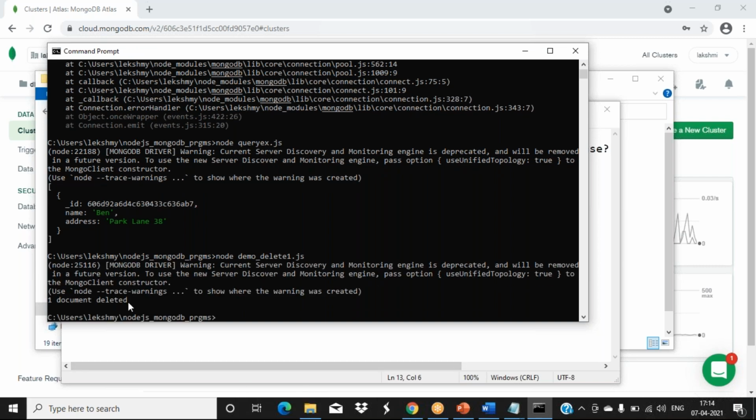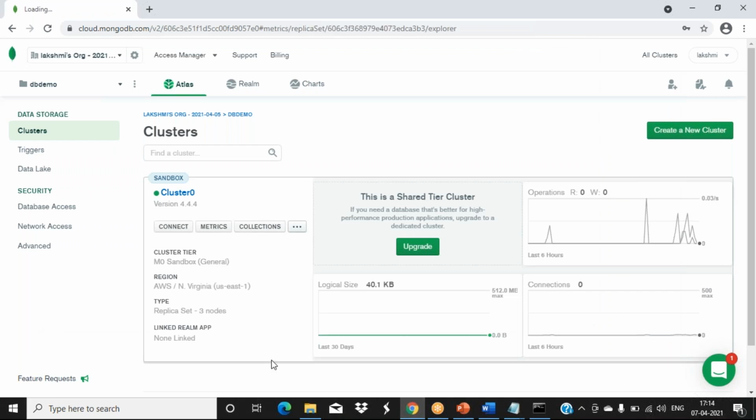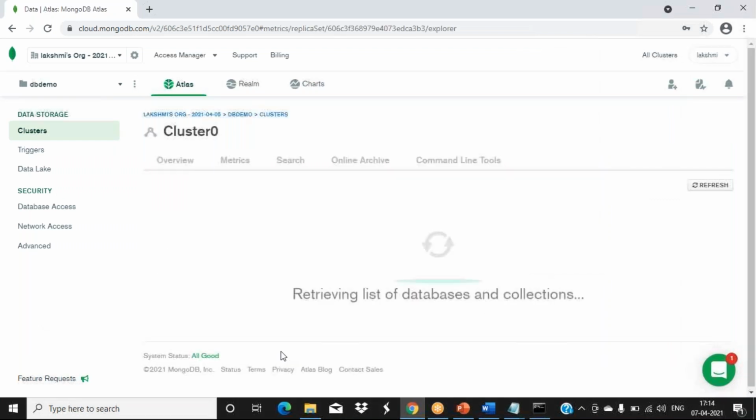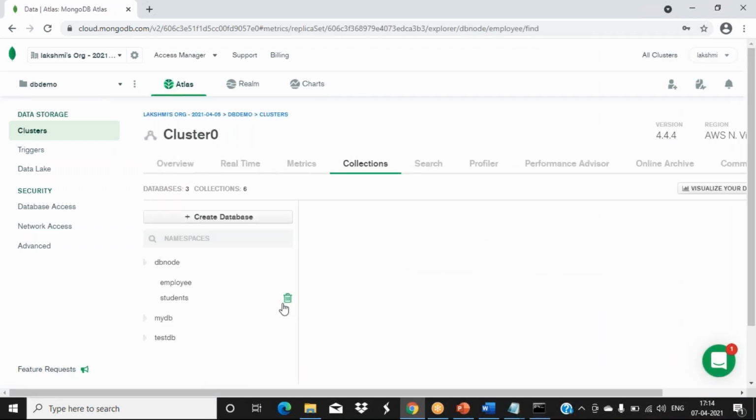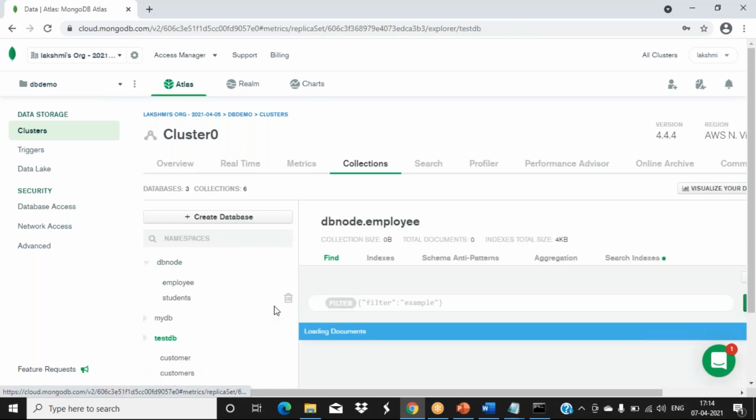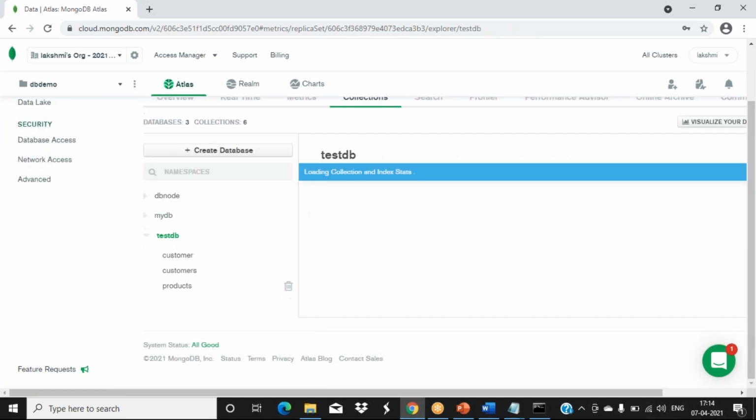It is showing that one document is deleted. So we have searched there for Mountain 21 only. Can go to the collections. The TestDB, insert customers.